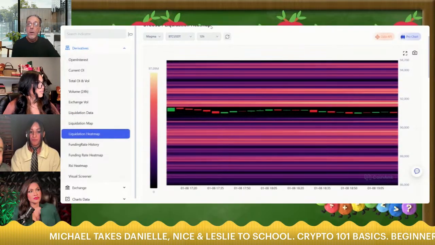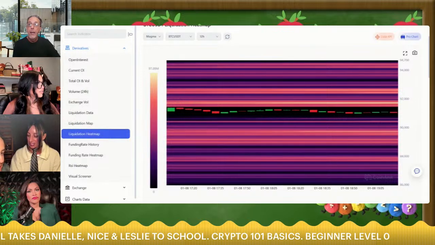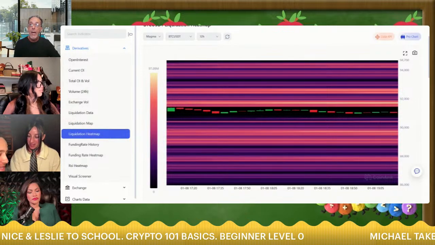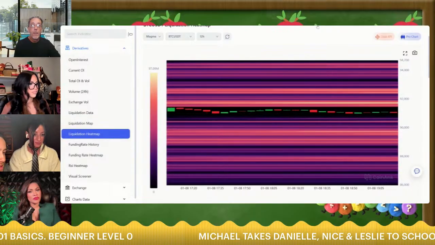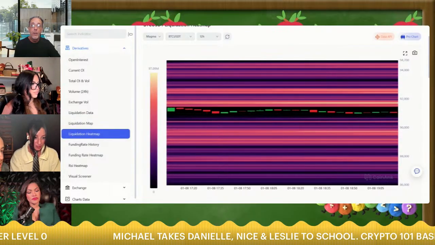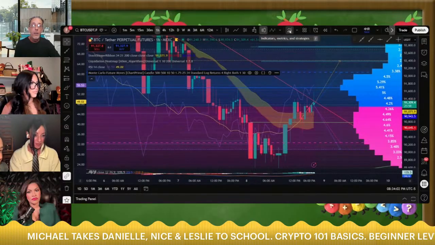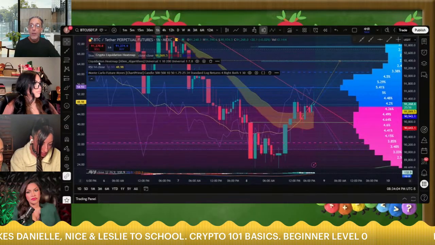Coinank.com, Coinank. That gives you the heat map, right? And then we've got, of course, TradingView, setting up all your indicators, and all your indicators will be